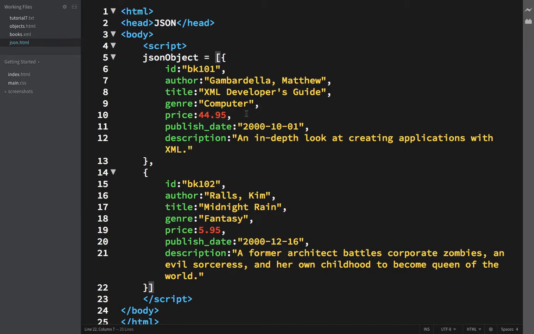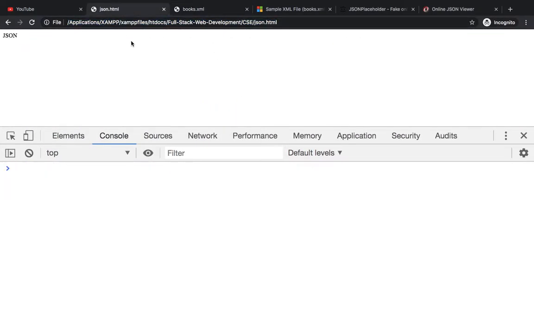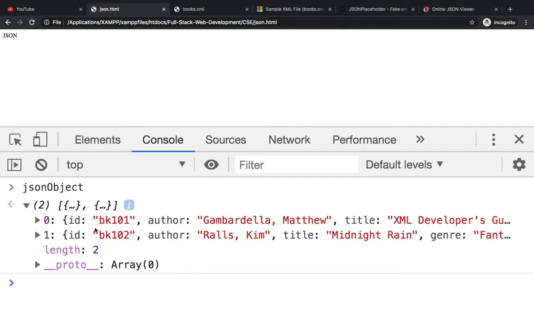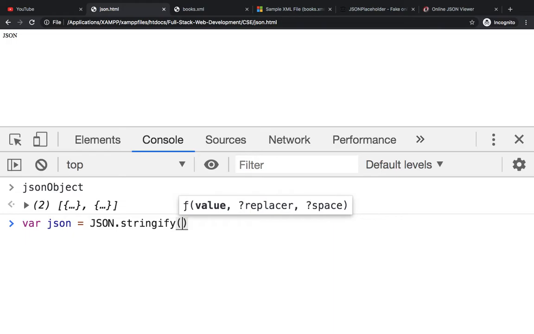The second thing that you need to do is perform the serialization operation and convert the JS object into a JSON object. So how can you do that? We have discussed this in the previous lecture also, but I will show you again. This file has a JSON object. Let us try to see where the JSON object is. Here you can see there are two records inside this, books 1 and books 2. So create a new variable JSON and take object JSON and stringify the JSON object.